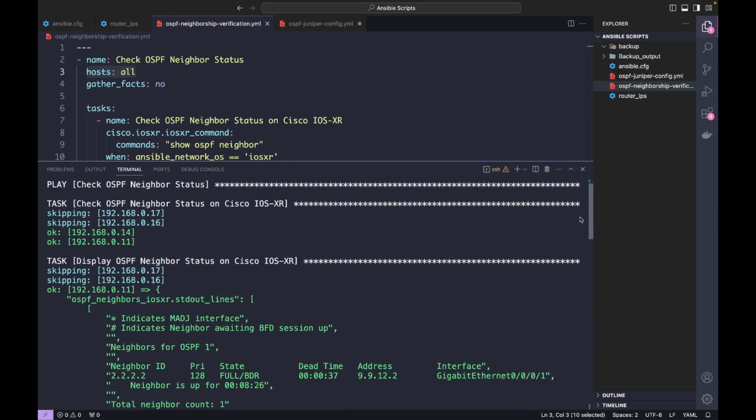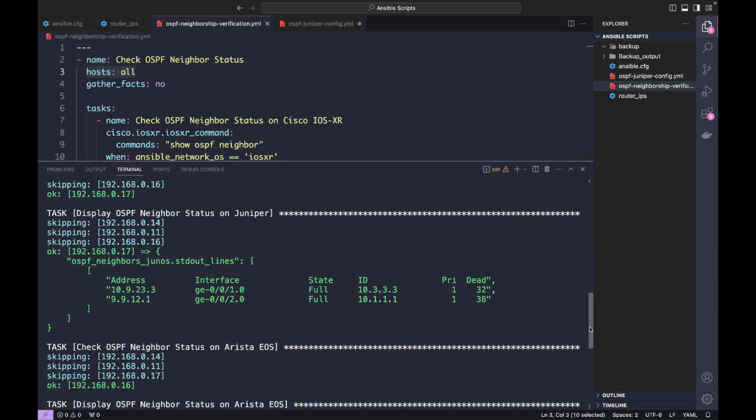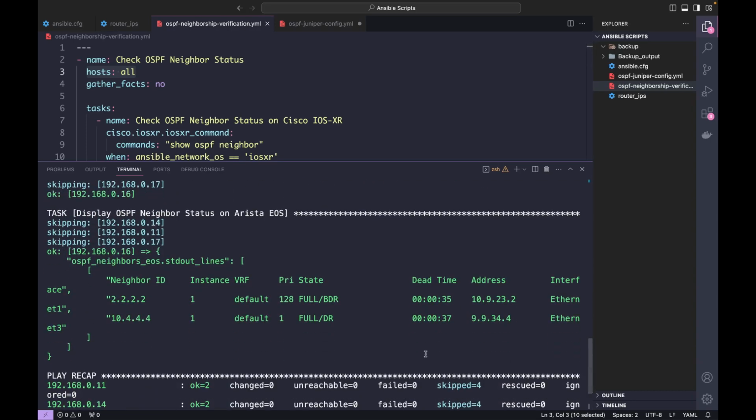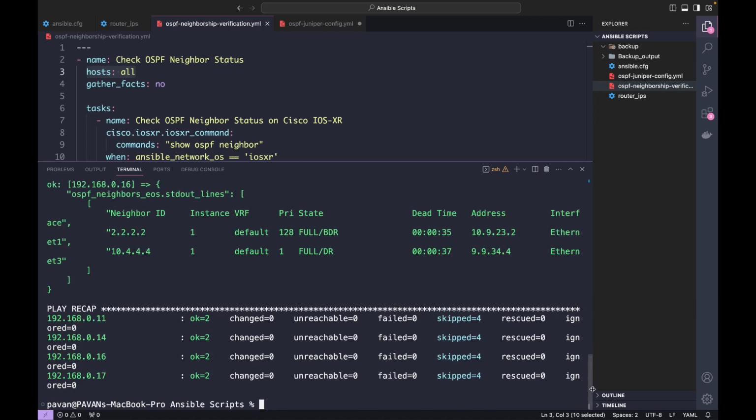And XR1, XR2, this is for the Juniper. We have neighborship with XR1 and the Arista device. And then on the Arista, we have neighborship with XR2 and the Juniper device. This is how we can verify the neighborship and fetch all that data from those devices. You can verify BGP status, OSPF, IS-IS. It's easy for a big network if you are running with 100 or 200 nodes. And you can even save this information